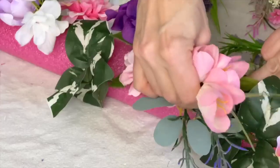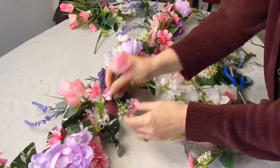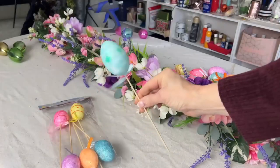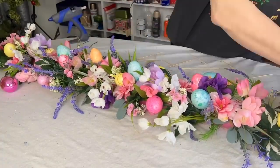Add additional larger sized blooms as well as faux plant foliage. Start to fill in with smaller blooms as well as wandering flowers. Find some styrofoam Easter eggs on sticks. You can find these at the dollar store. Snap the wood stick a couple of inches below the egg and poke the egg into the pool noodle and